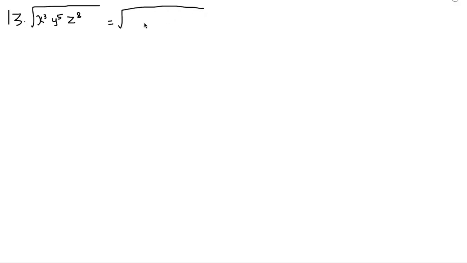Square root of x square times x, because 2 plus 1 equals 3, and y to the power 4 times y, and z to the power 8. Now if you see here, 4 plus 1 equals 5. That's the reason. Now the next step is